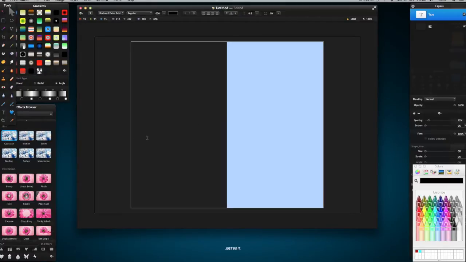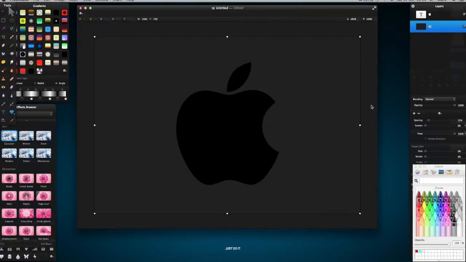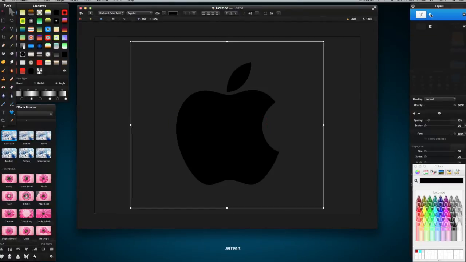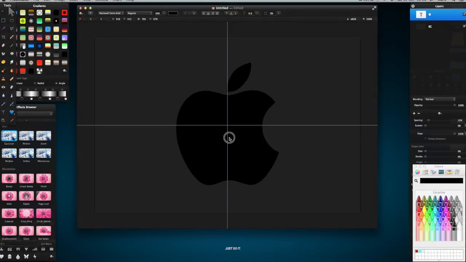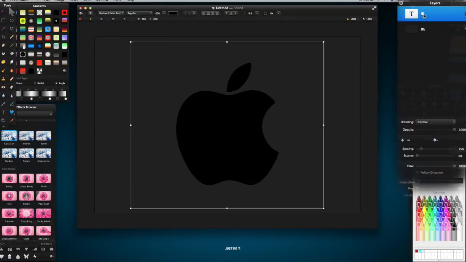Then we're going to press Shift Alt K. Shift Alt and K just gives us a default logo from any Mac, the Apple logo. And if you noticed, it renames itself as Apple. Okay, so then what we're going to do is center this up like so,